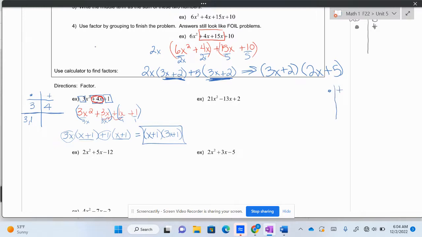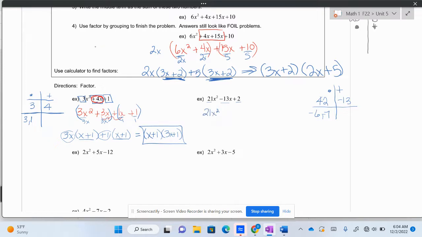A times C, 21 times 2 is 42, adds to a negative 13. All right, let's see. 42, that would be 6 times 7, and a negative 6 times a negative 7 also gives me a positive 42, and those add up to negative 13. So